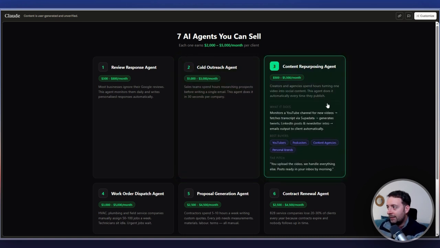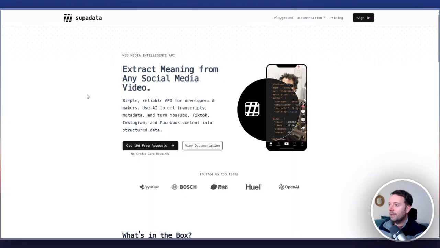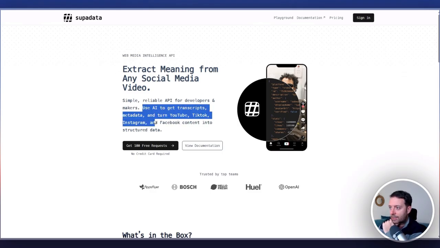Content repurposing agent, that's another really good one. It monitors a YouTube channel for new videos and fetches a transcript via Supadata. So this is like a tool. I tried to do this for myself with my own YouTube, and it struggled to get the permissions to transcribe the videos and get the transcripts. So you can use something like this, a Supadata API. This will actually use AI to get the transcripts, metadata, and turn the YouTube into structured data